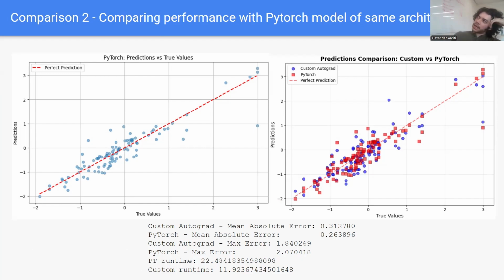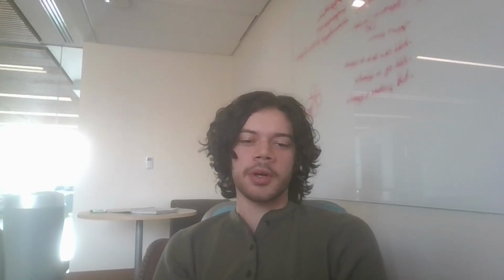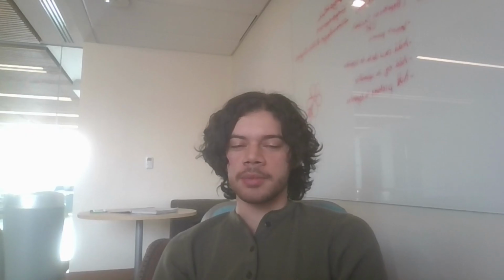And I guess the conclusion would be that, well, probably this is because PyTorch has all sorts of optimizations that are going to work for like much more complicated models. And I wouldn't be surprised if we made a much more complicated model, PyTorch outperformed us. But interestingly enough, for these like simpler MLPs, we get the same accuracy as PyTorch for half the time. So, in conclusion, I think the project was quite successful, and I had a really fun time doing it and